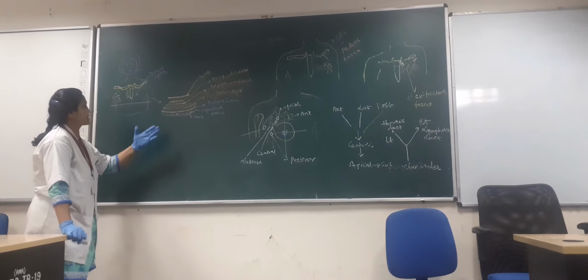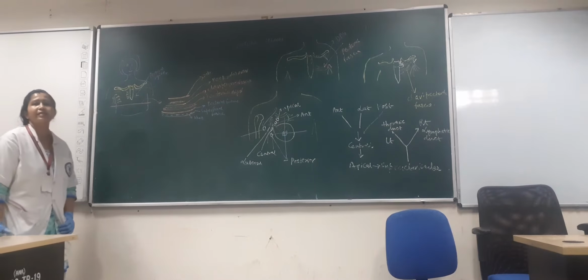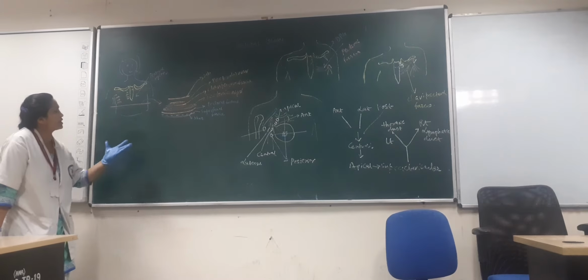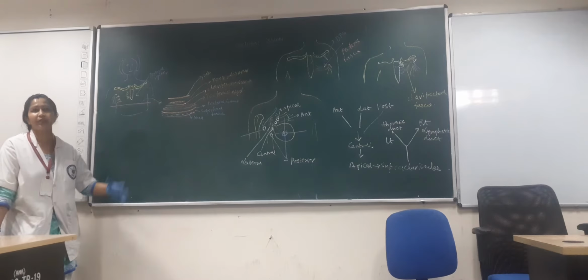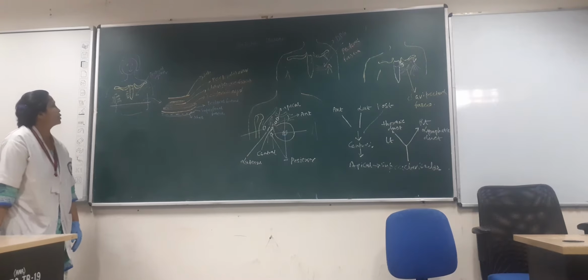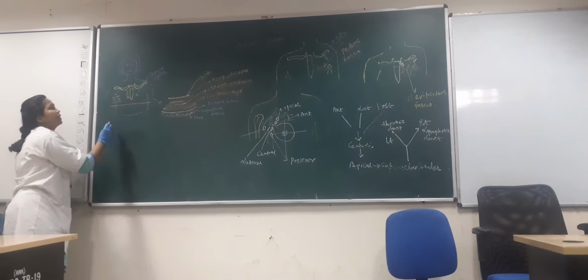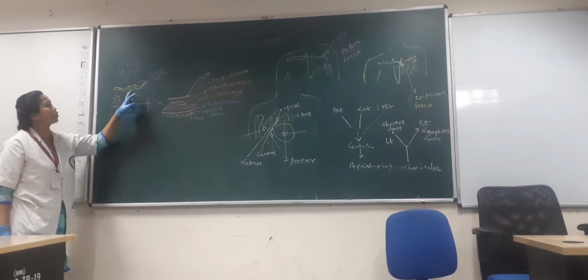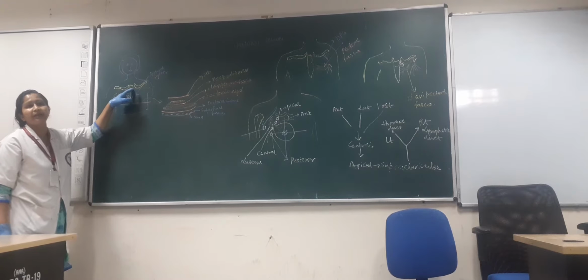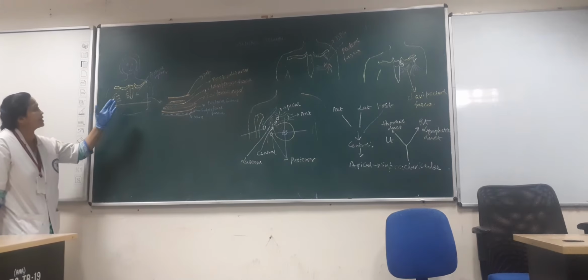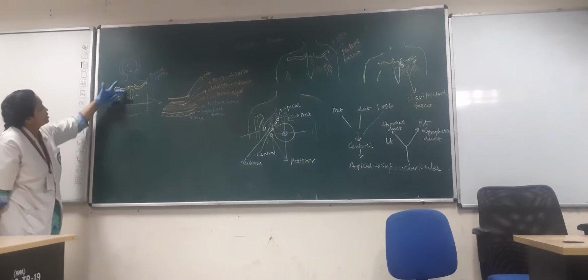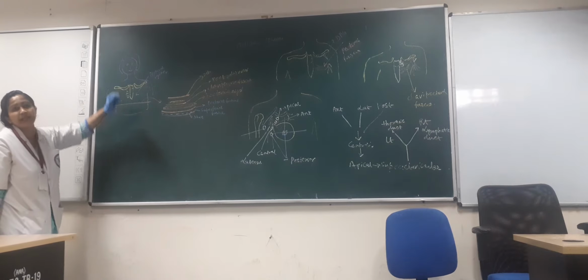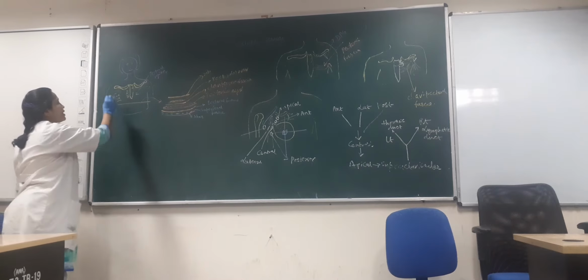Now coming to skin. The main content of skin is the cutaneous nerve and cutaneous vessels. Cutaneous nerve. If we draw one horizontal line across the sternal angle, that is the junction of the manubrium sterni and the body of the sternum, here at the level of the second costal cartilage,